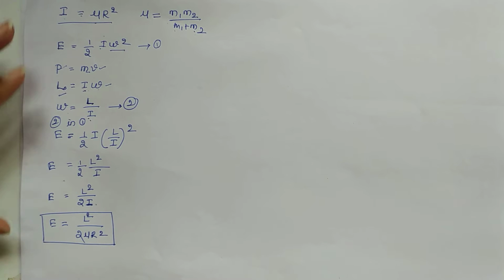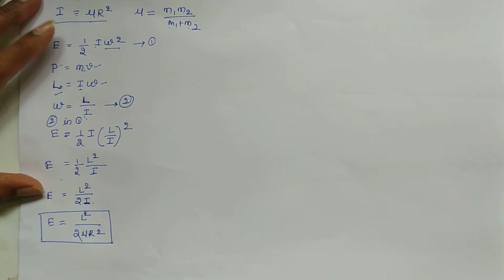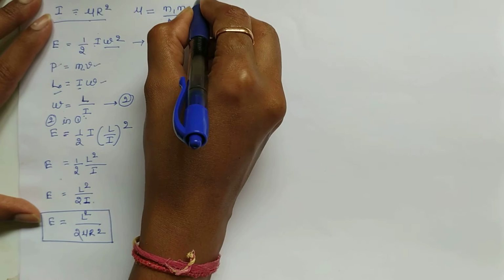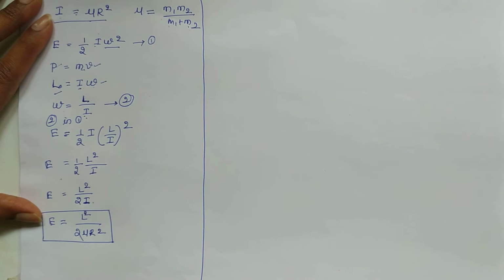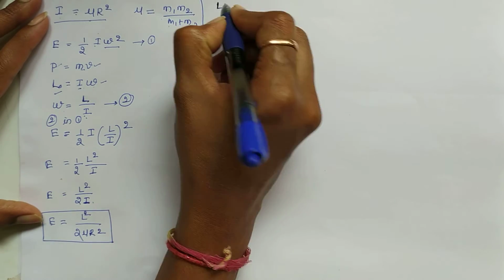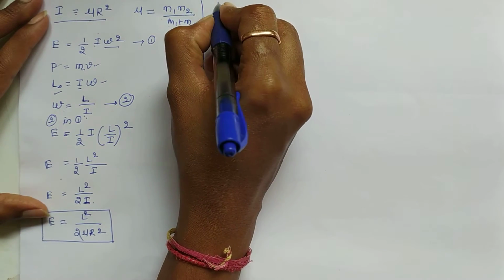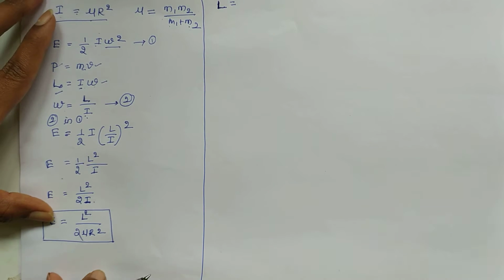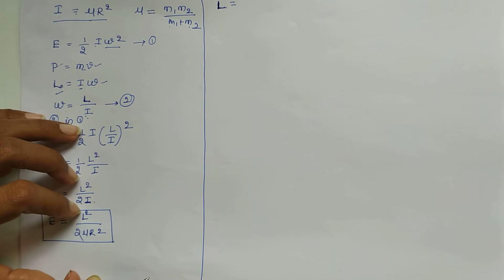Okay, now we have to go for the quantum mechanics. In quantum mechanics, there comes a Schrodinger wave equation. If we solve the Schrodinger wave equation, then we are going to get an expression for what? Angular momentum is equal to. So in paper 2, in the second unit, there is an expression for this angular momentum, which is quantized.